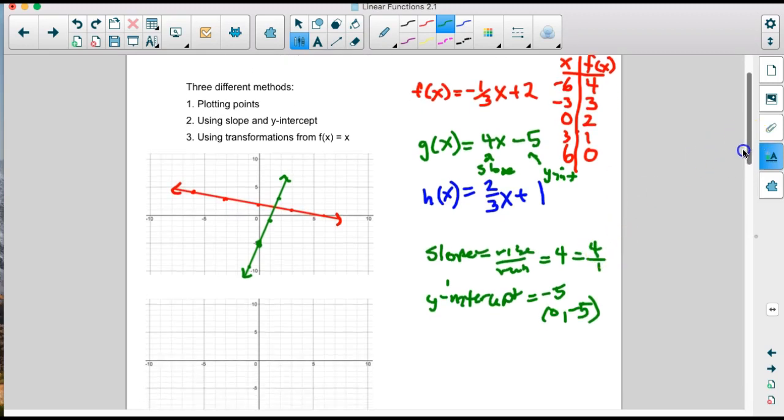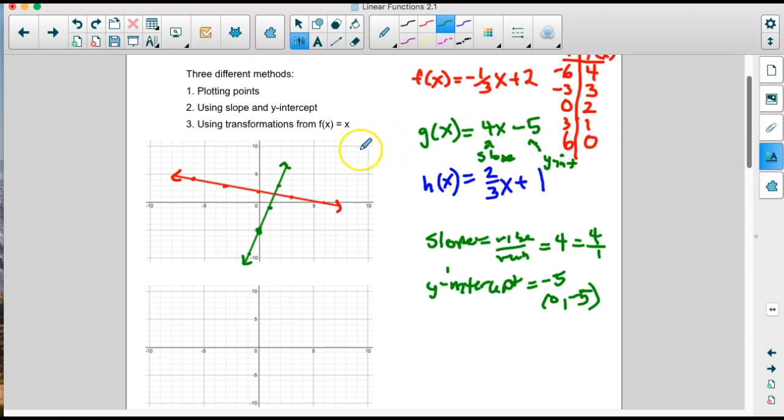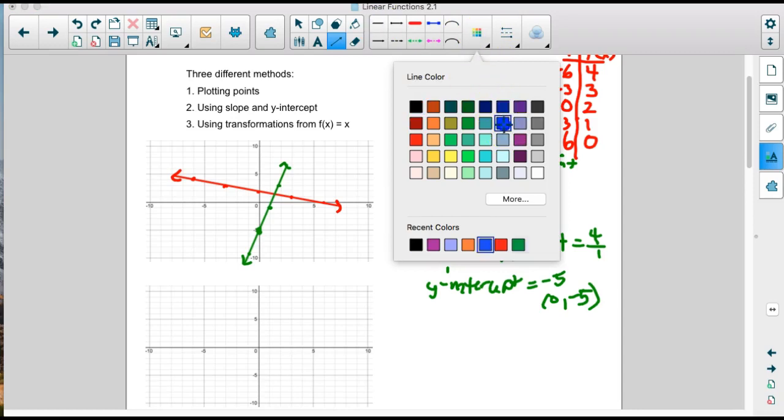All right, now the final one is using transformations. So what it means is that we're going to start with this basic line y equals x. So we're going to do h of x here using transformations. So we're going to use this graph. We have to start off with a line. The first transformation would be compressing it by a factor of 2/3. So our general line here, y equals x, is going to be,